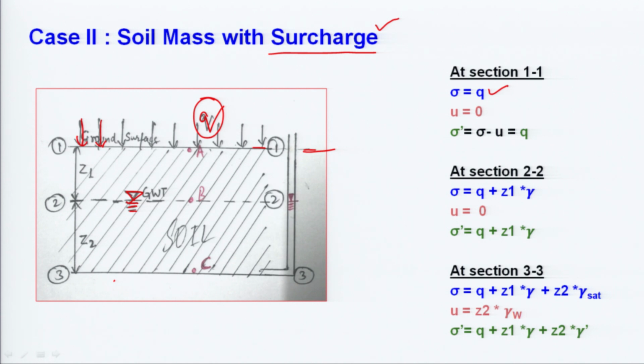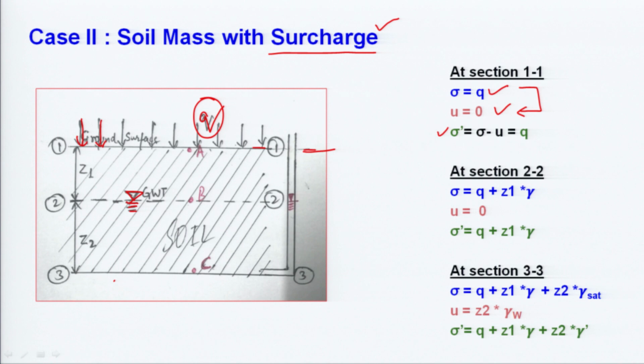The pore water pressure: is there any groundwater table level here? No, there is no groundwater table here. If we place a piezometer, there will be no rise shown in the piezometer. So, the pore water pressure will also be equal to 0, because there is no water. Water will not be exerting any force over the soil solids. So, the pore water pressure will be 0. Similarly, if we subtract this, we get effective stress equal to Q. So, at this section effective stress will be equal to Q.